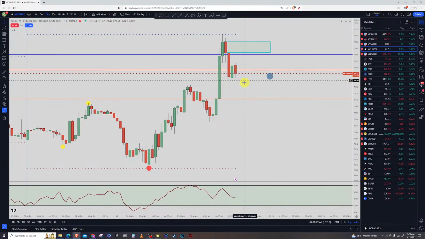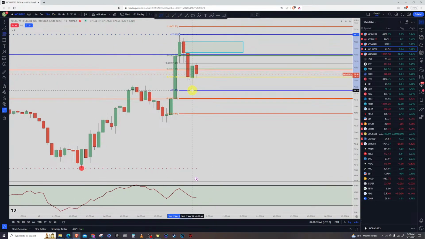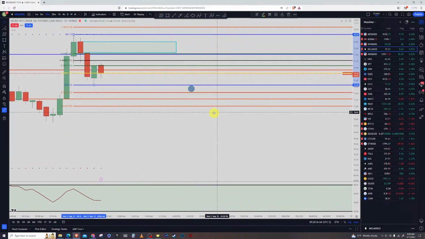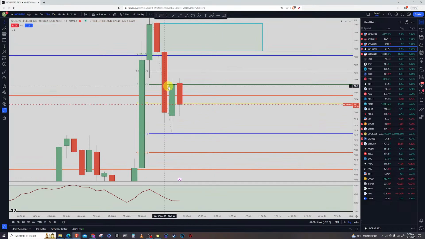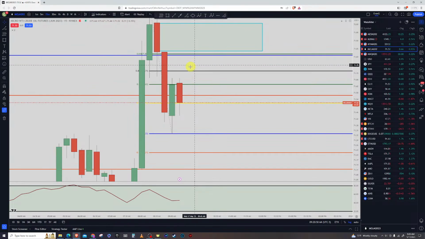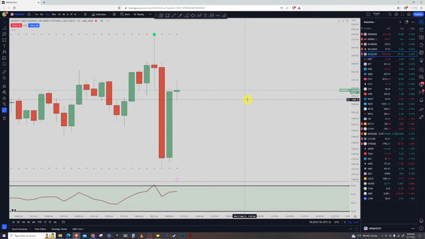There's that. So we have a move lower right there. So we'll be going from the top. Is it still valid? Still valid. Okay. Oil is still valid right there. There's 38. I put the 23.6 because in this other trade I'm looking at, that would be one of the markers for it. So yeah, still valid. So hopefully price will come up. And there's the 50 right there. There's the 61.8. So that's the trade we're looking at, that retracement trade.